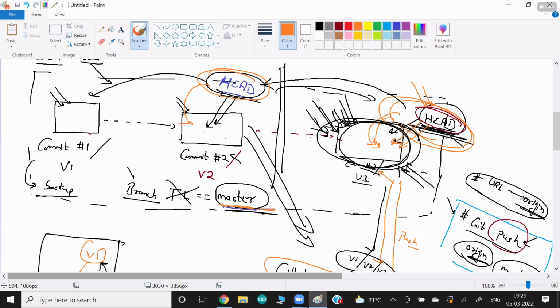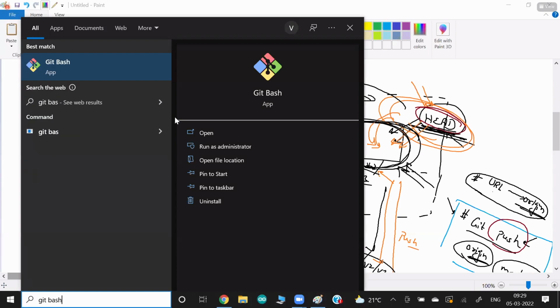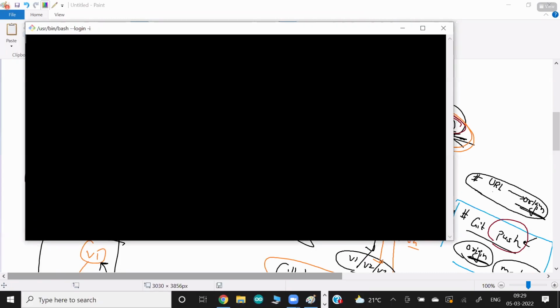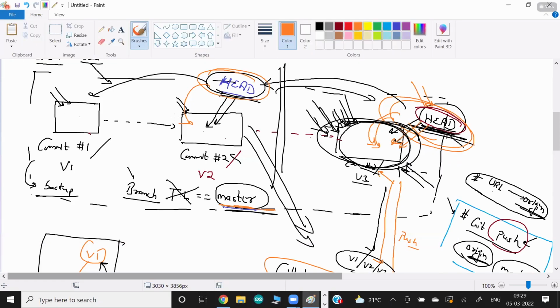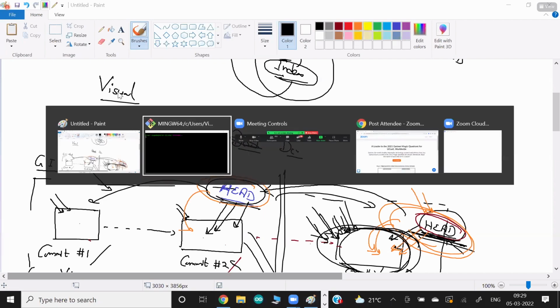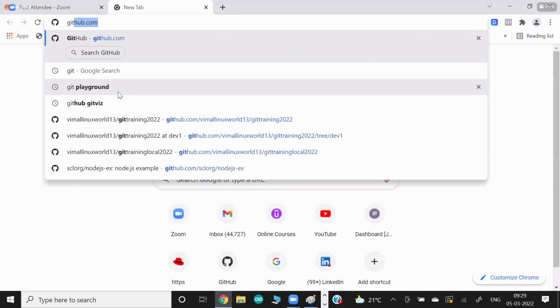So what I'm going to do is go to Git Bash and start showing you these practicals, and keep adding multiple things as different use cases. This is the Git Bash we discussed in the last class, but today there are lots of advanced practicals coming up. If you really want to understand what is going on behind the scenes, I'm going to show you one very powerful visual tool that helps us learn the concept very clearly. If you go to the GitHub of my account,